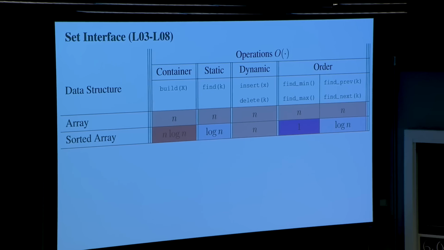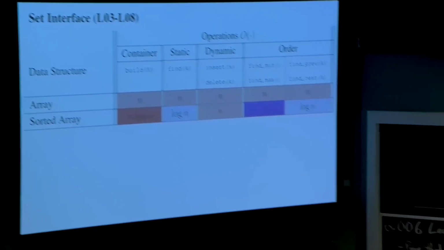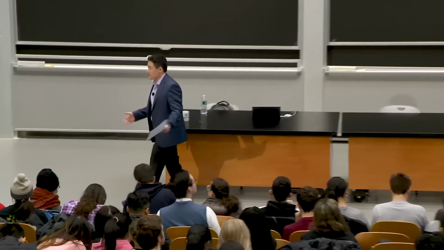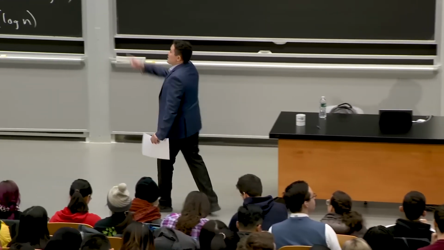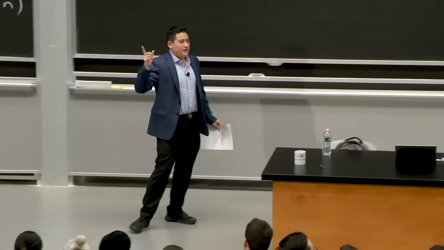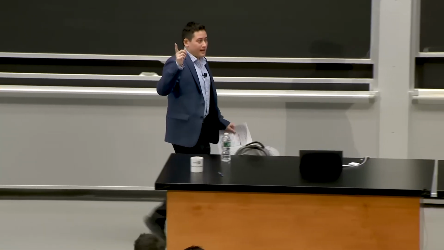And then we saw a slightly better data structure, at least for the find operations. Can I look up whether this key is in my set? We can do that faster. We can do that in log n time